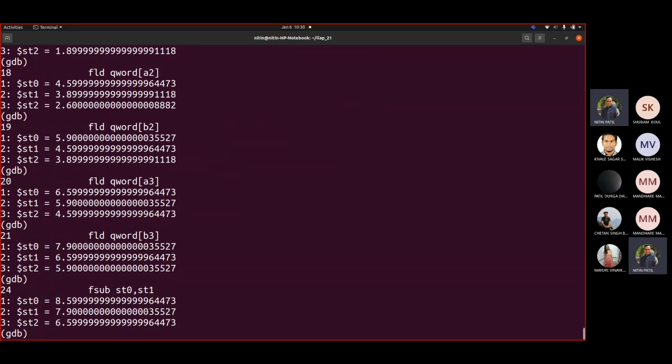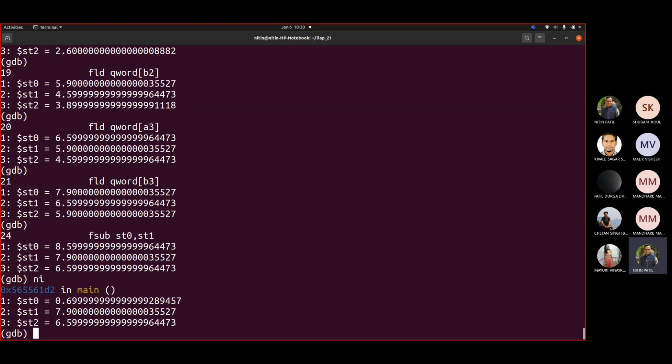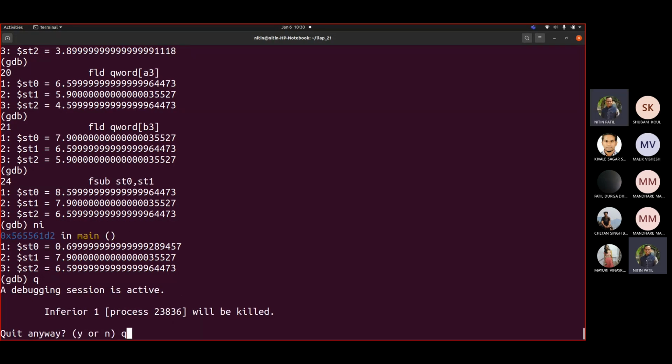Now you have 8.6 and 7.9. So if I write ni, you can see the subtraction done. So st0 is a bigger value than st1. So the result was positive. Correct? The result was positive. So like 0.7.